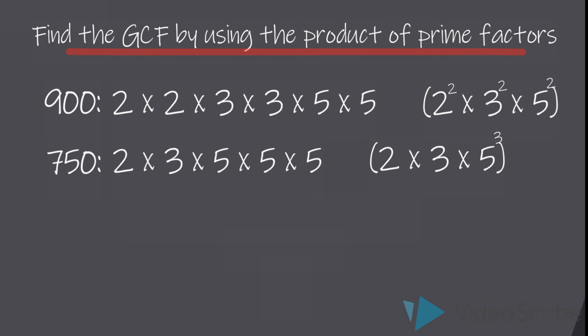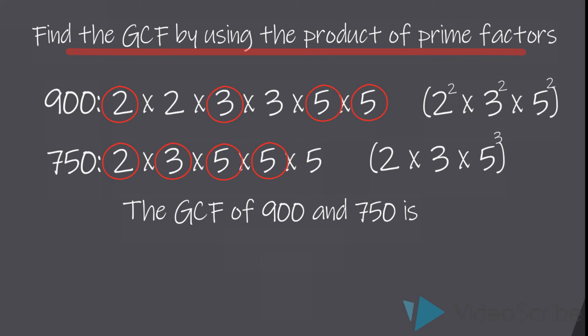Now we just compare our prime factors to see which numbers and how many of each they have in common. They each have a single 2, a single 3, and two 5s in common. Because of this, the GCF of 900 and 750 can be written as 2 times 3 times 5 times 5, or 150. This method works great when working with large numbers, but what happens if they don't have any factors